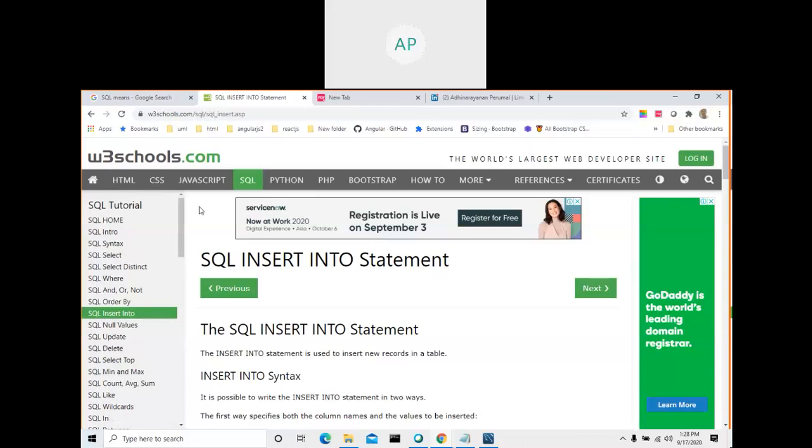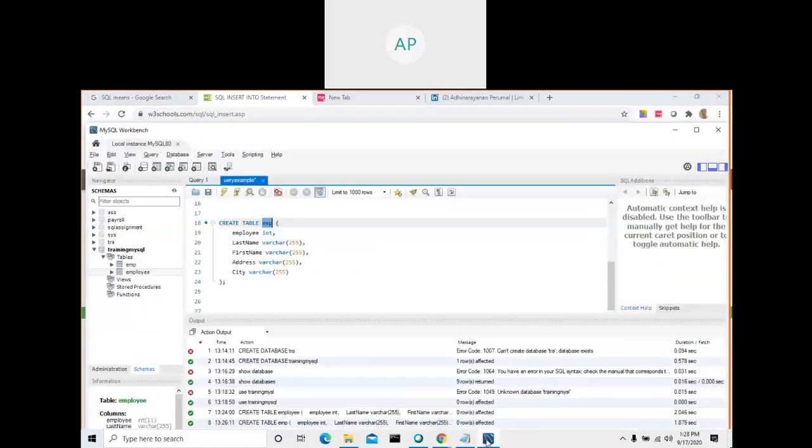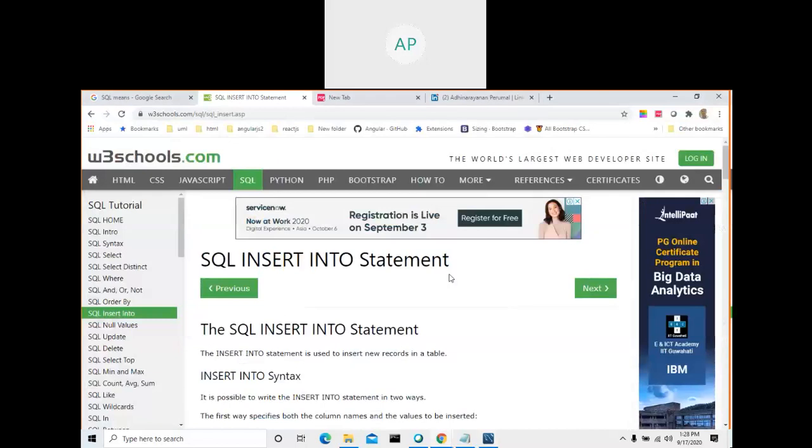You are trying to learn only three things: how to create a database and use command and a simple query, and simply how to create a table and insert. So you need not even bother about this now. When you start your next video, then you can go and read all these things. As of now, you need not come and read here. The next video is from the basics. So you do this one.